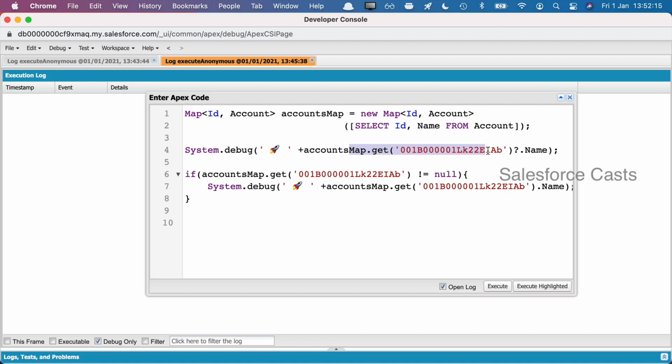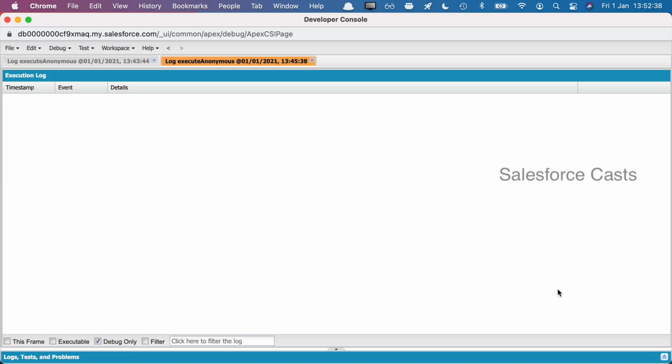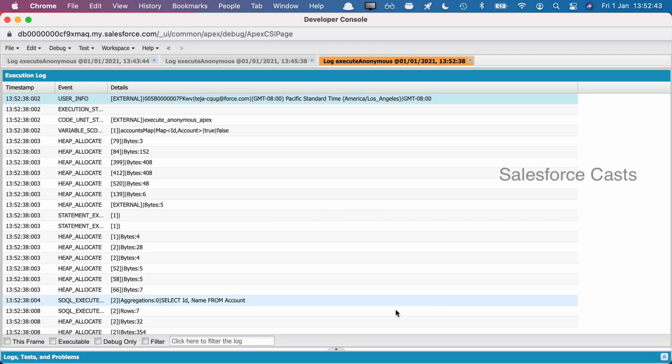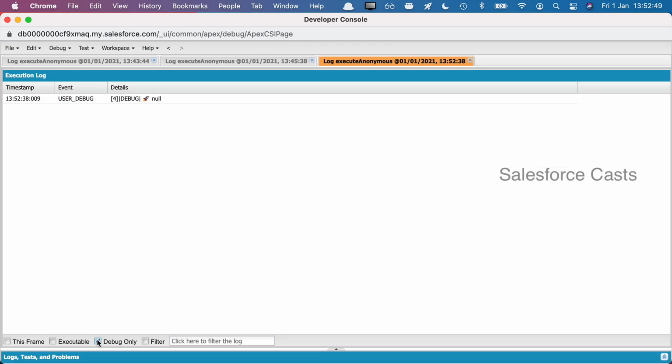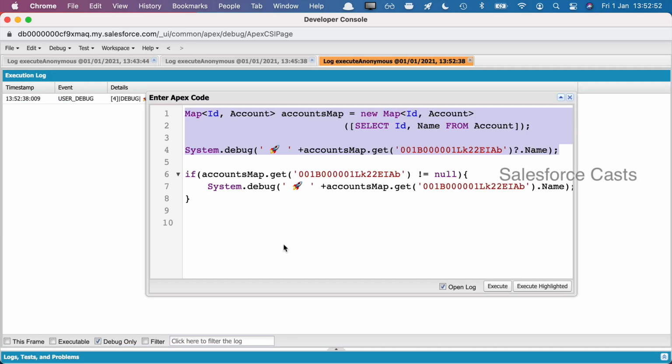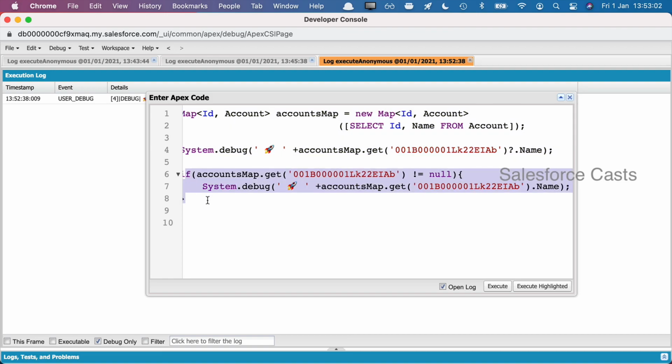The entity to the left of the question mark, if it exists, then the actual data will be returned back to us, and on top of the data, we can perform some operations. Likewise, if the entity to the left of the question mark doesn't exist, then it is going to give us back null. Now I'm going to highlight this and execute it. There you go. It is giving us null. So initially we start off with this approach, and then we refactored it to something like this.